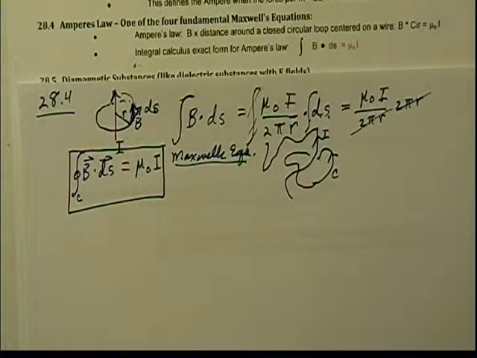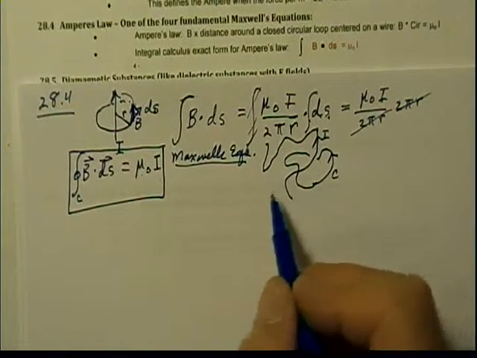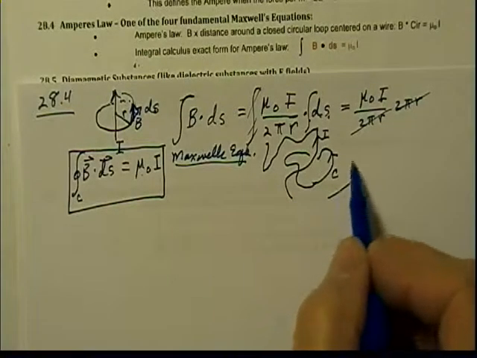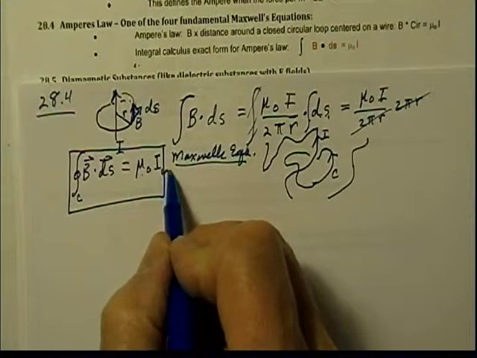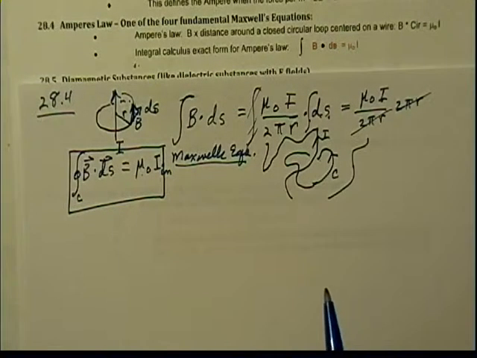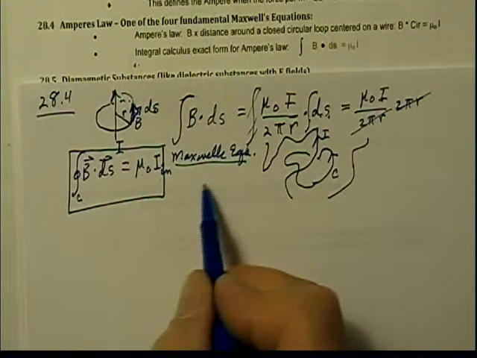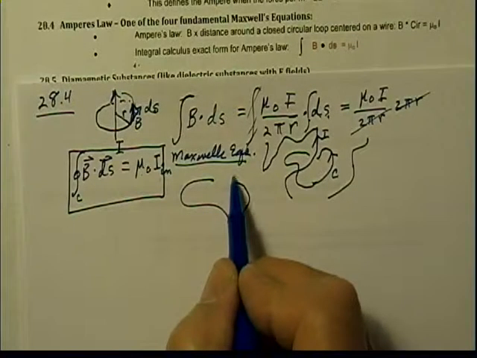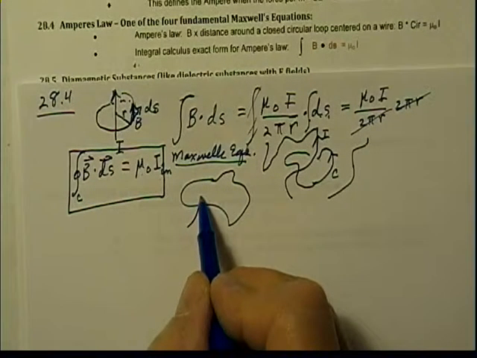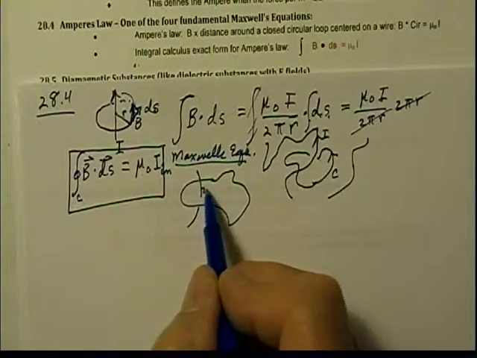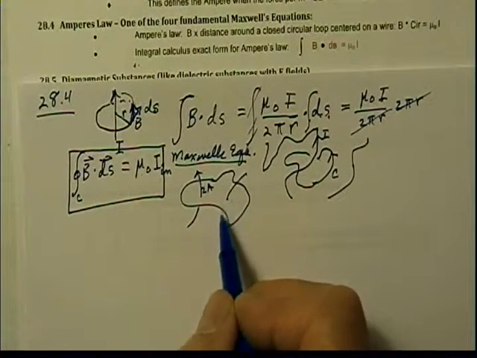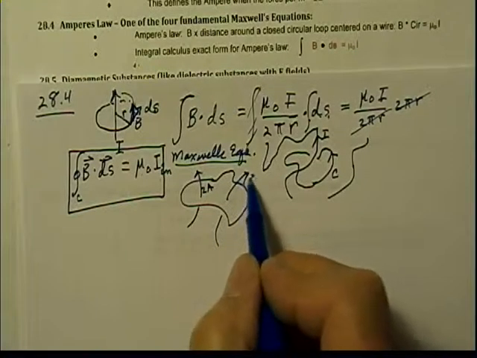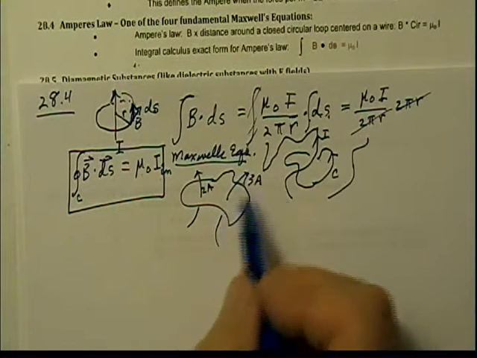And that's all we need to learn for this section. If the wire is on the outside, though, it turns out it makes no contribution. So we have to write this as the current that's inside. Now sometimes I ask a test question where we have a curve like this, and you might have 2 amps here, three amps here, both going through that loop,